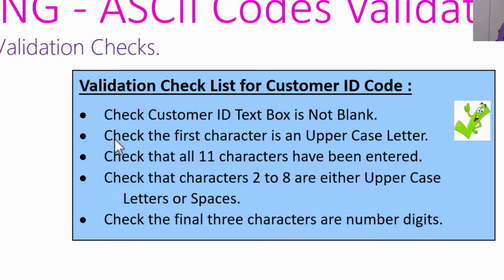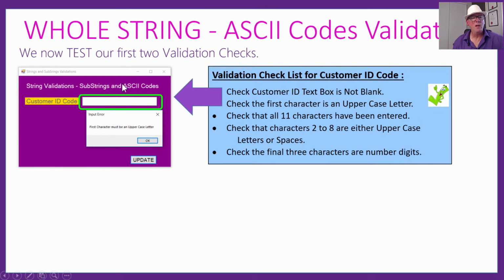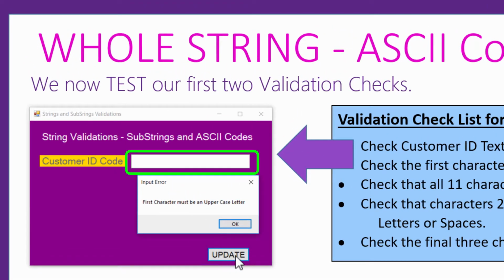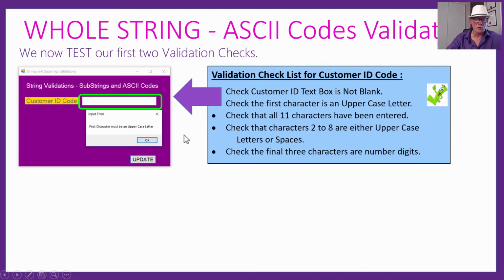Then if it passes that test, we can check, make sure that first character is an uppercase letter, because we need to have a customer ID start with a letter, and that's where we're up to at the moment. So let's check that out. If we run our program, if you just have nothing there and leave it completely blank and click the update button, we get this error. First character must be an uppercase letter, so it doesn't crash anymore, so that's really good, and try that out